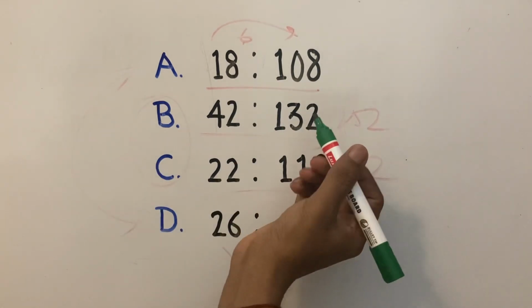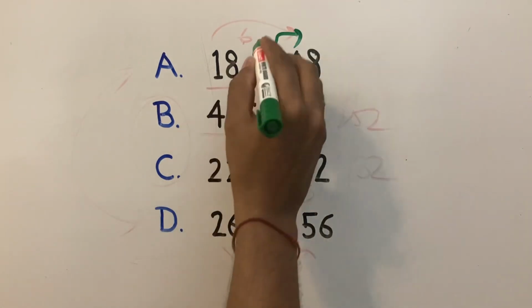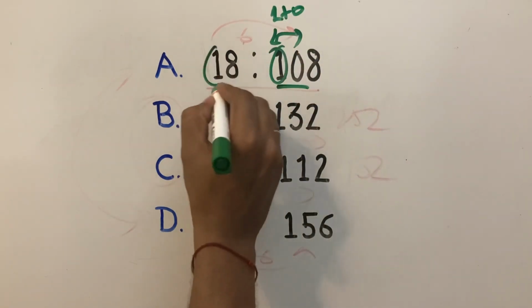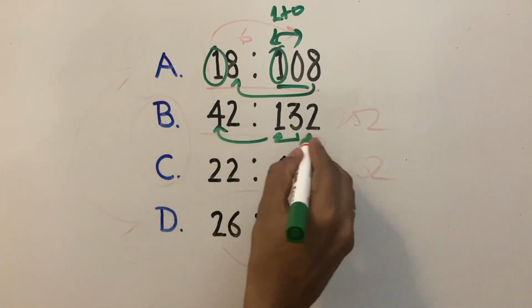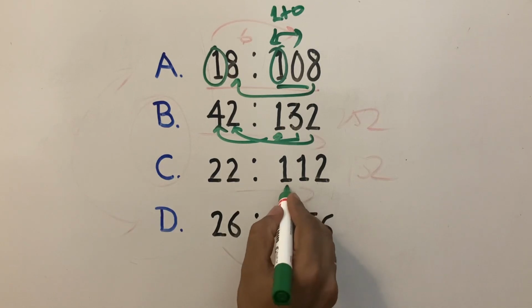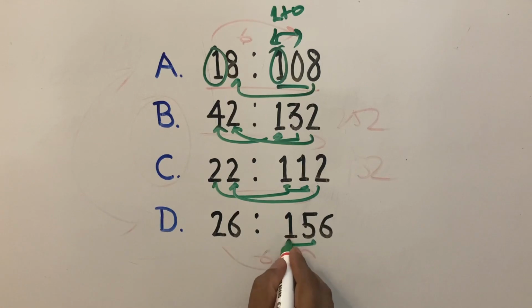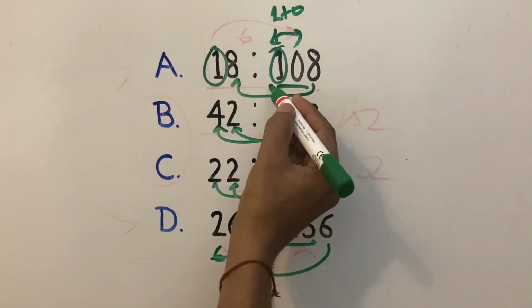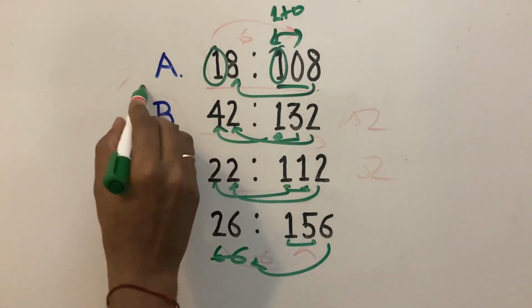Now, take a close look at the first two digits, 1 and 0. So, 1 plus 0 equals 1, and the remaining is 8. So 1 plus 3 is 4, remaining 2. 1 plus 1 is 2, remaining 2. 1 plus 5 is 6, and 6. So this pattern of adding the first two digits and keeping the remaining number is satisfied by A, B and